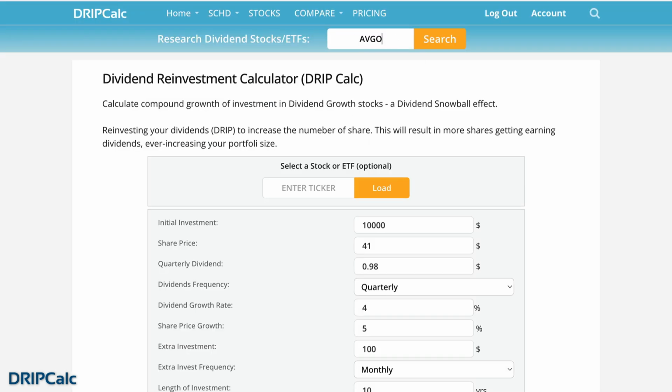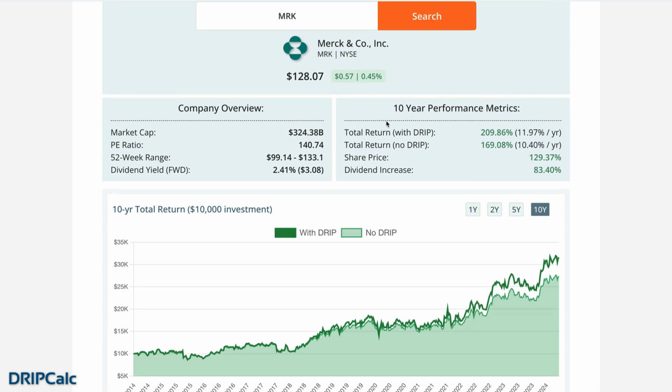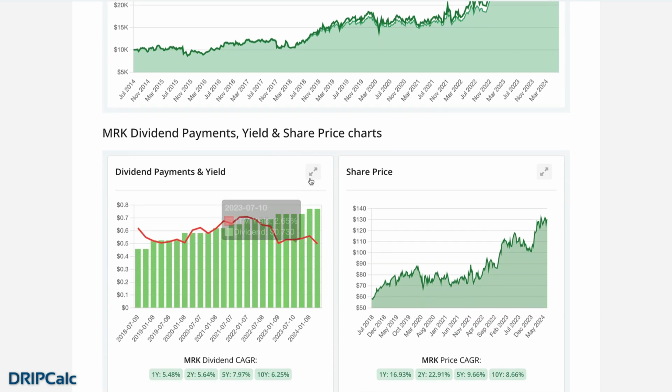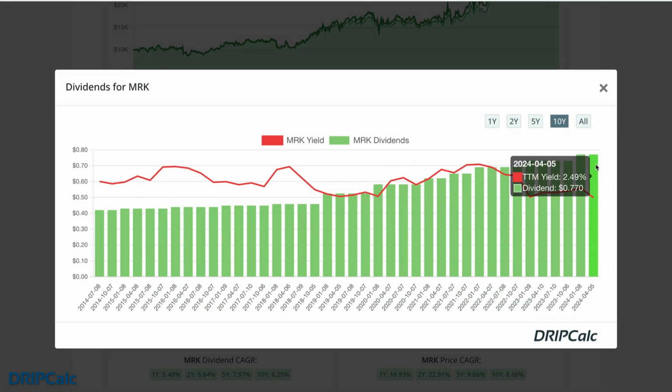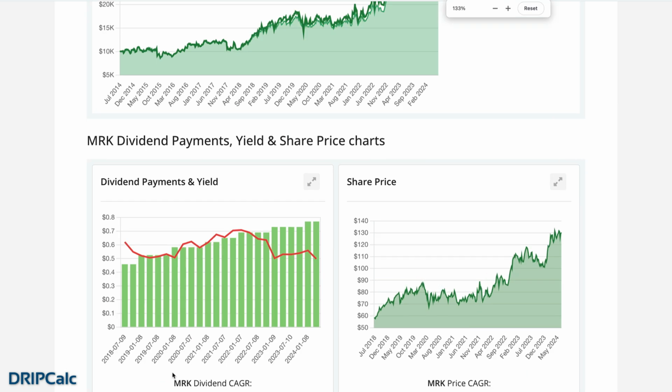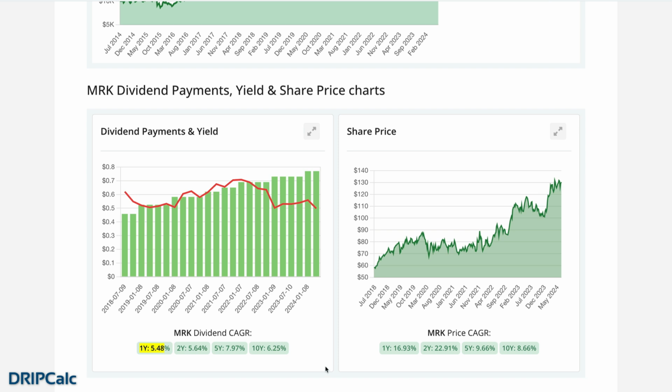They also removed Merck, which actually I don't like that idea, but I think the reason for that is because the dividend yield, you can see over here, the dividend is increasing for Merck, but the yield is dropping because the dividend increase is slower than the share price increase. So over here, you can see that the CAGR for dividend is about 6.25% in the last 10 years, and a 5.5% latest increase. However, the share price increase in the last year is almost 17%, and the CAGR is